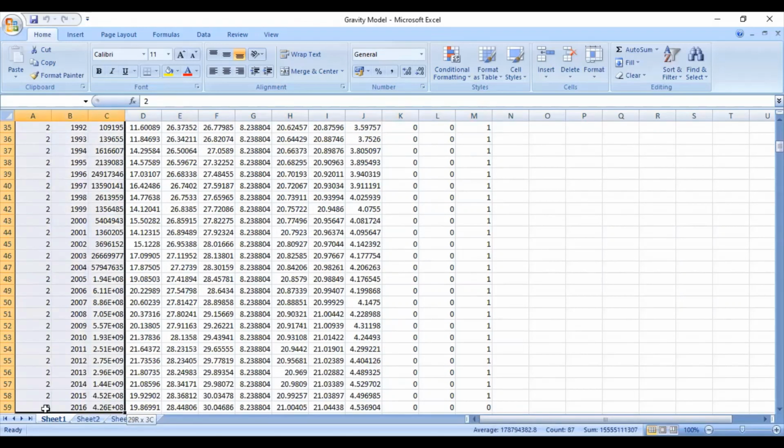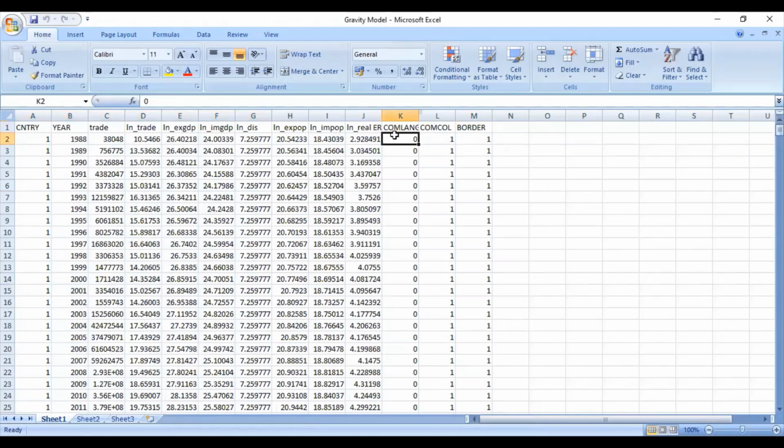In the third column, the trade volume for the trading partner, trade volume for India, and similarly population of India and population of trading partner, distance between India and trading partner. So here in this distance, the distance between trading partner 2 and India's data has been mentioned. Another important thing is that